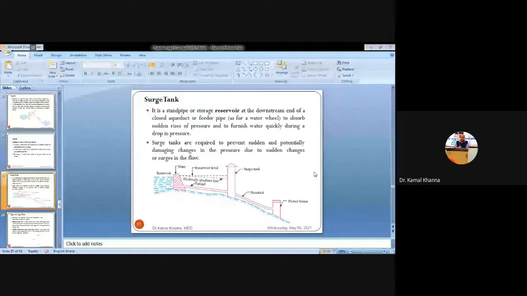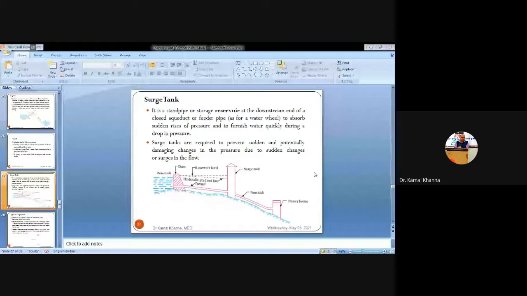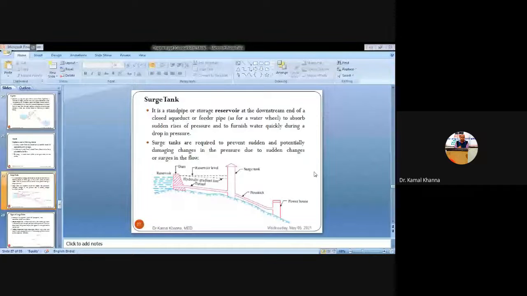Penstock is basically a varying diameter pipe which is used to transport the water from the dam to the turbines, and whenever the water strikes the turbines, the turbines receive the hydraulic energy and convert it to mechanical energy, and then using the dynamo we convert the mechanical energy into electrical energy. So, not drifting from the main topic, that is the surge tank.